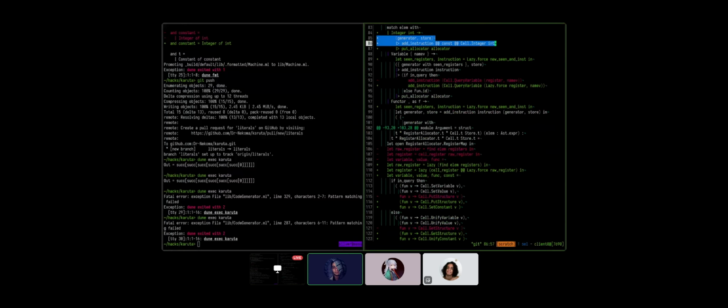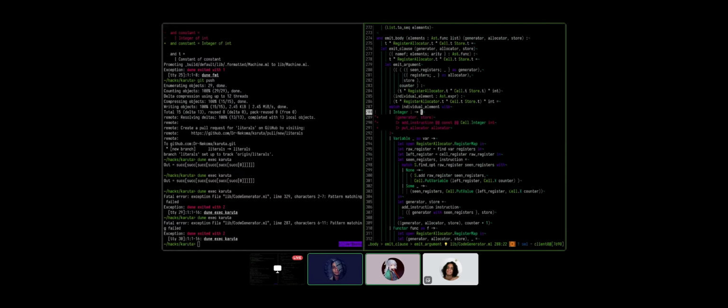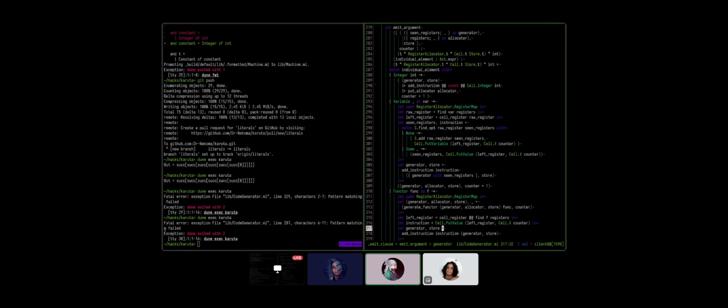You probably already did. Oh, you didn't commit. I was looking at the diff from the previous commit actually. I see. Okay, what's wrong? What is wrong? Generator, allocator, store, and also counter +1. Oh, so it's not put allocator. Well, it is actually put allocator, but kind of. That's going to look terrible. Oh, okay, that works. But it's not const, apparently. No, this should be put constant actually.